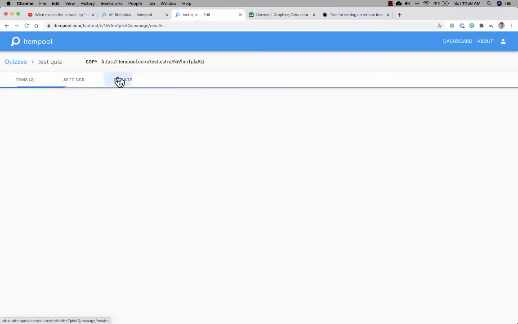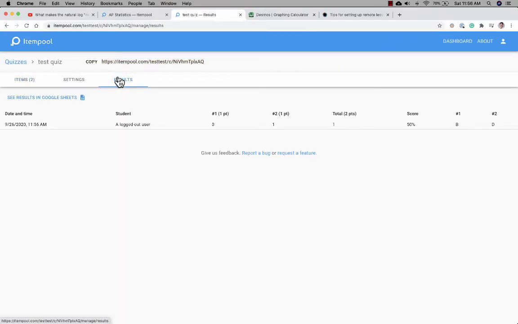Now, for the teacher, back in the teacher view, I can see the results. I can click in here to see the results in a Google Sheet, which is great if you need to export it to a grade book or something. This is a great overview of how my students did on the quiz. So that's how you create a quiz and how you share it with students. It ends up being a really useful and flexible way to create content and then share it with the students